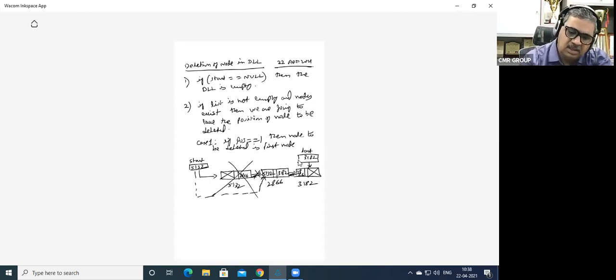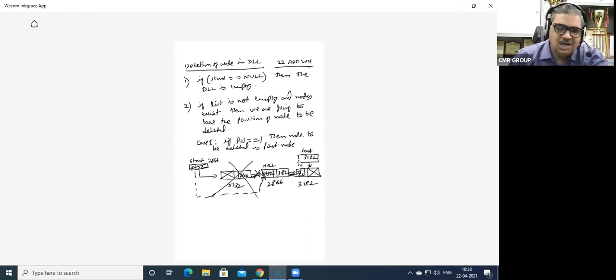The left LPTR of the second node is now going to be null. Then your deletion is completed.